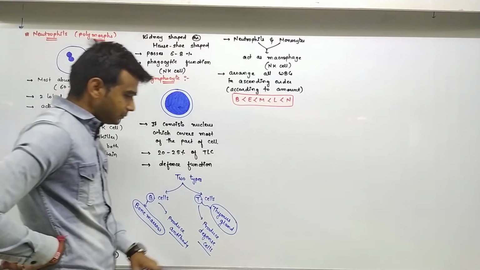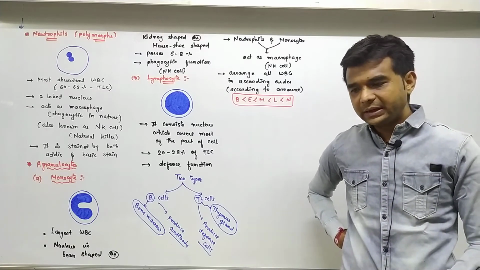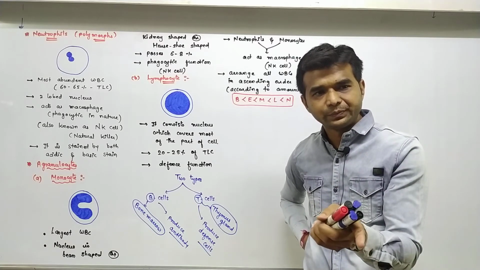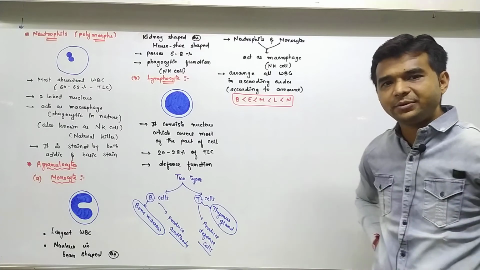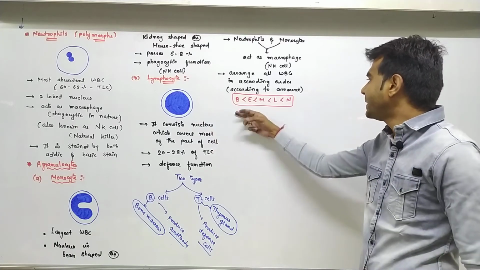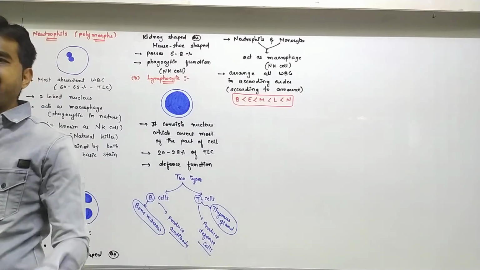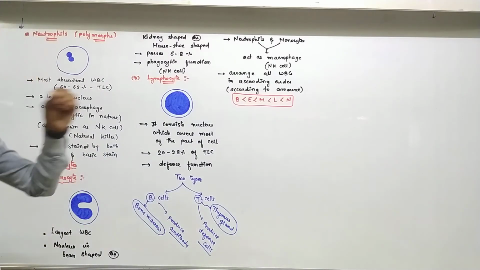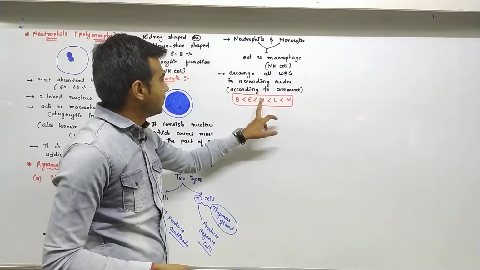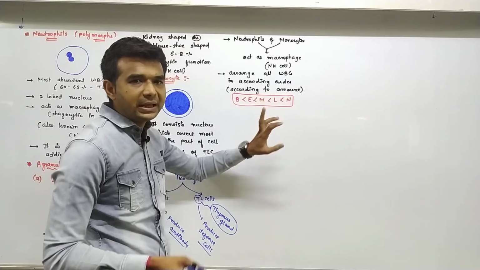So, for the WBC topic revision, one thing I should tell you: the types of WBC we had remembered as BEM LN. We had remembered the differentiated WBCs according to that, but in ascending order according to the number of WBCs it is BEM LN. So everything is given there. Very least amount, abundant amount, macrophage, largest WBC, everything is here.